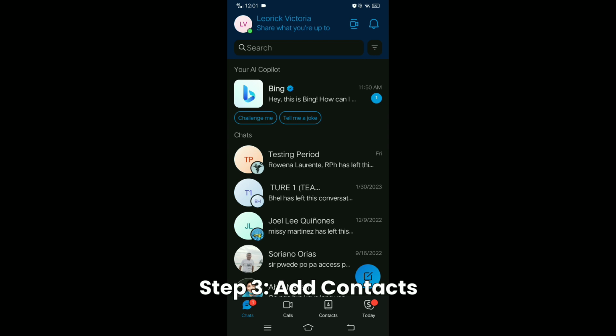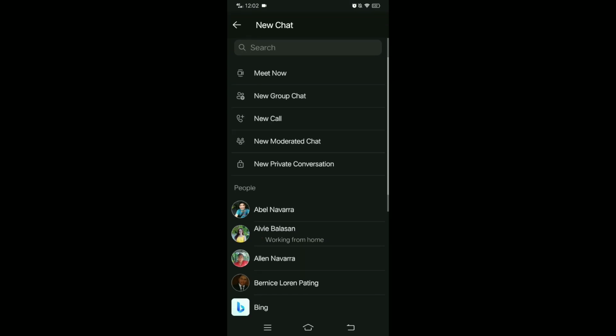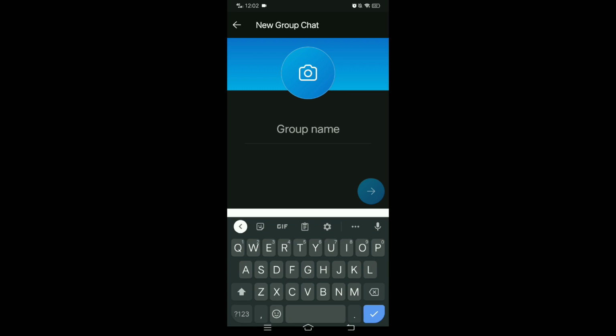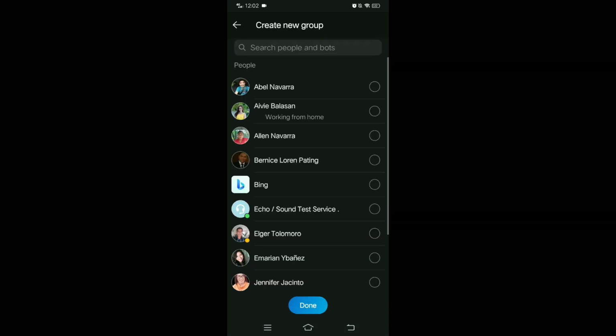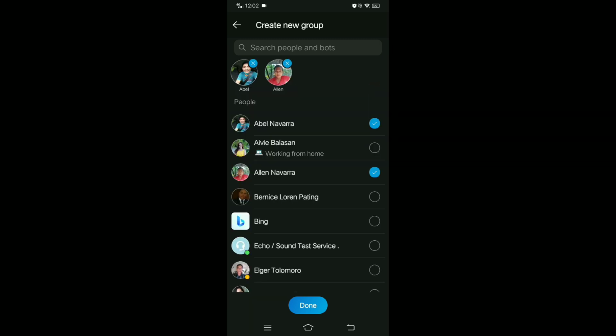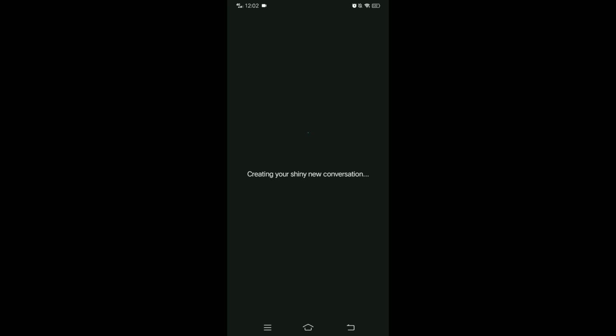After you create or sign in to your account, Step 3. Add contacts. To do that, tap the right icon at the bottom right corner and tap New Group Chat. Rename the group chat. Add Contacts. Once you find the desired contact,